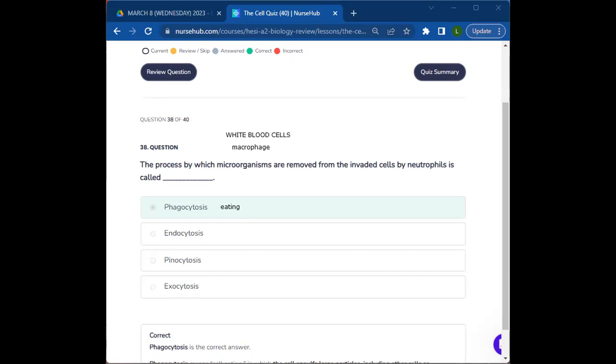Neutrophils do have some phagocytic tendencies. They do tend to sometimes eat foreign substances that they've consumed. So just keep that in mind that in general, white blood cells will use phagocytosis in order to digest bacteria that they've eaten. All right, we'll stop